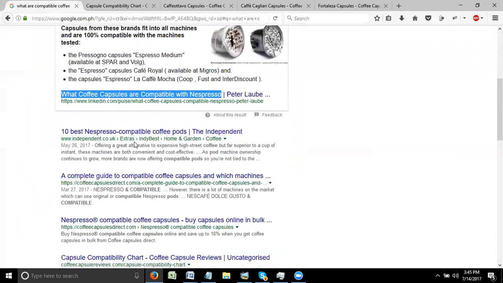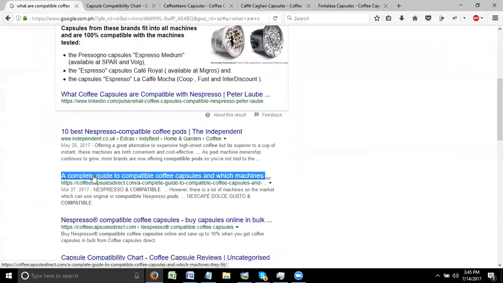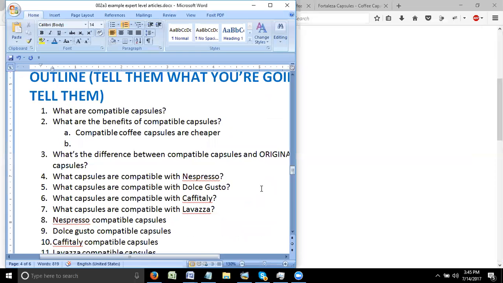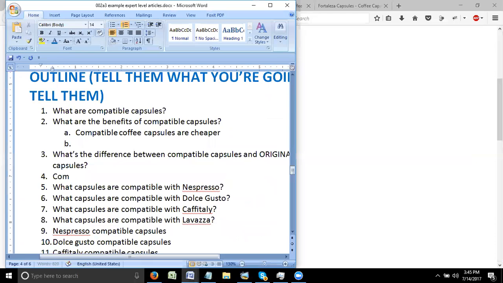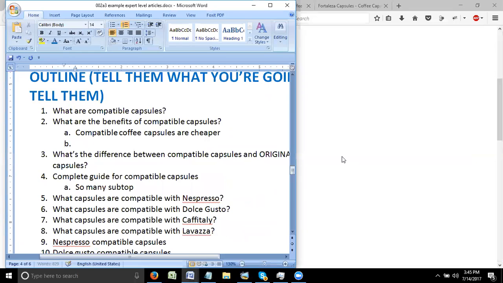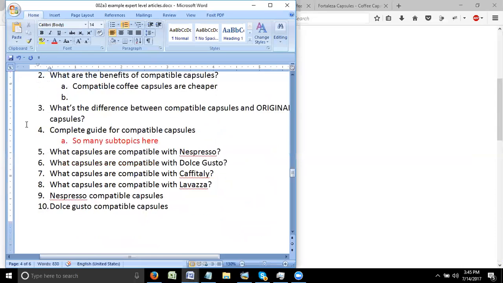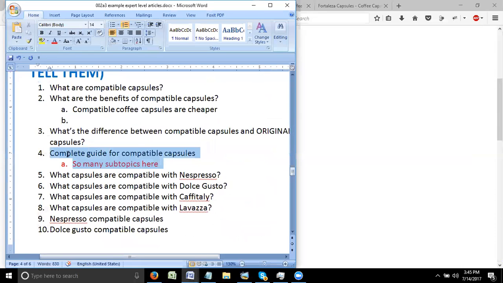"10 best Nespresso compatible pods." Okay, I got another idea here for another article, which is a complete guide to compatible coffee capsules. Guide for compatible capsules. That's another possible article, and you can have so many subtopics here. I'm going to highlight this in red because actually this whole outline here can even be under this. But right now we are just